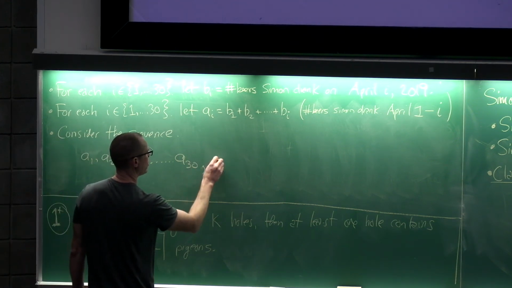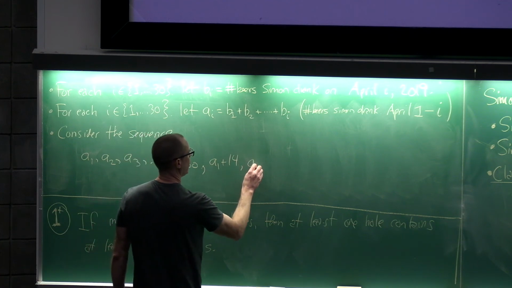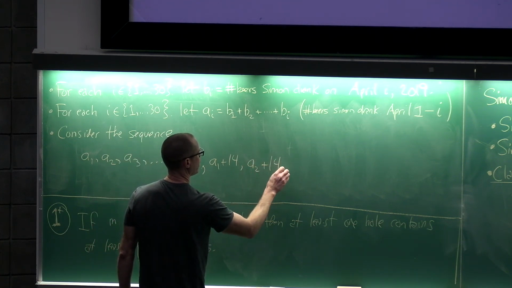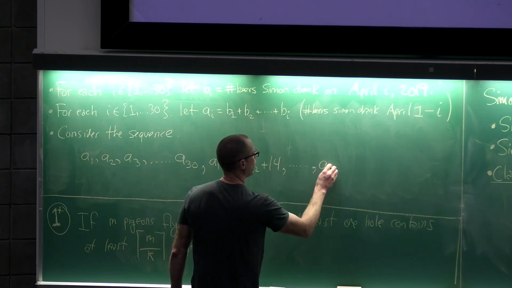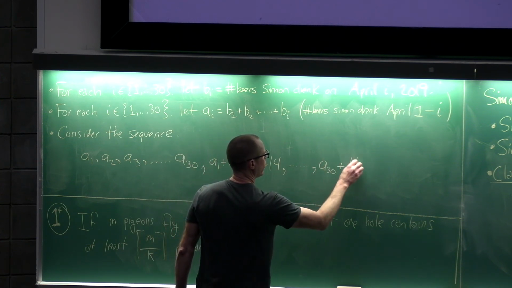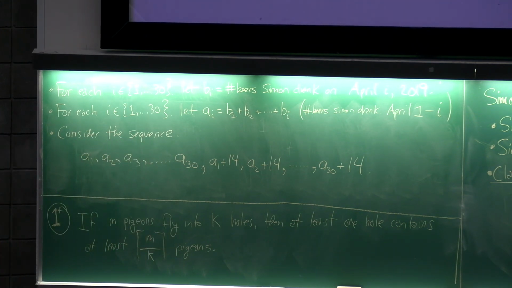And then we continue with A1 plus 14, A2 plus 14, all the way up to A30 plus 14. So this is just a sequence of numbers. In fact, more precisely, it's a sequence of integers,